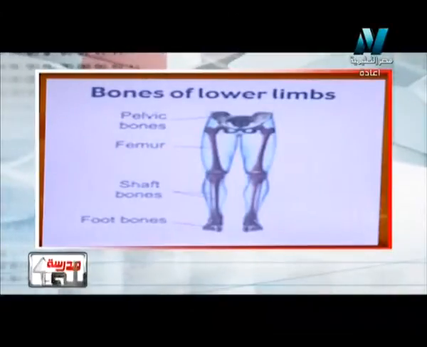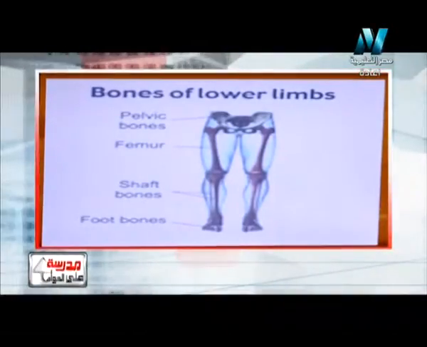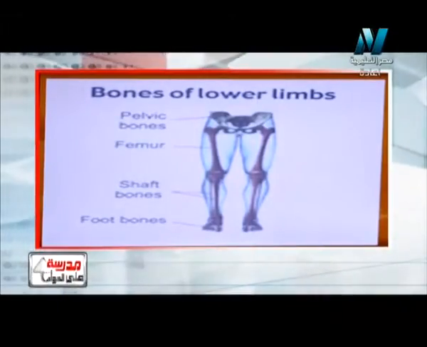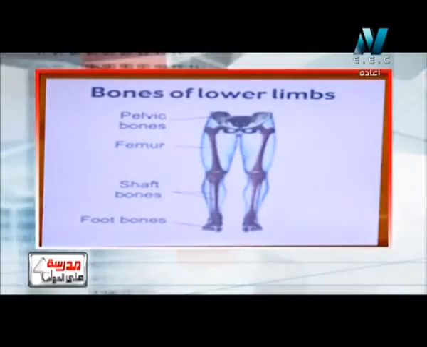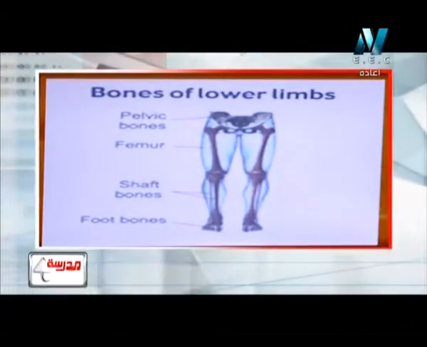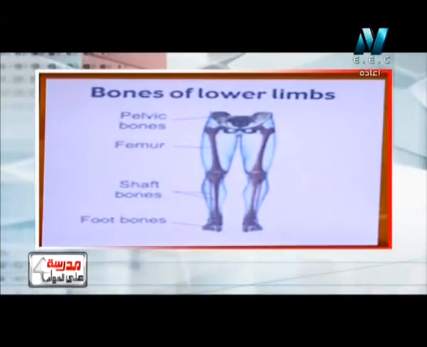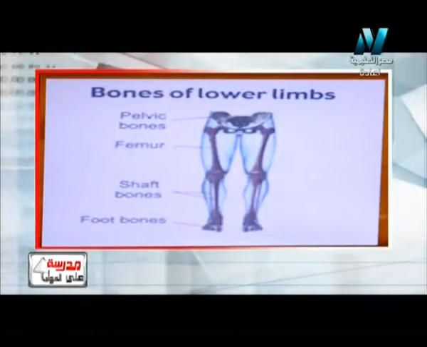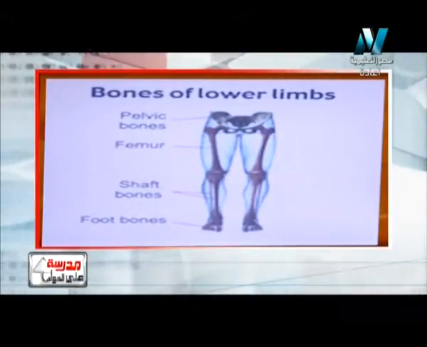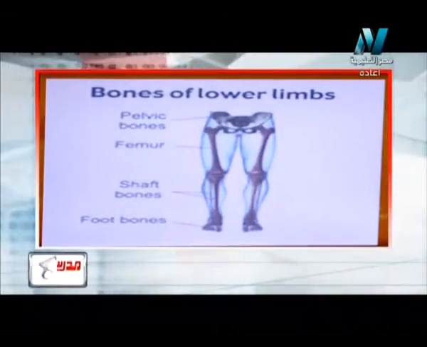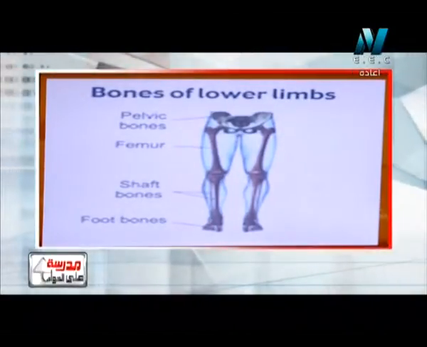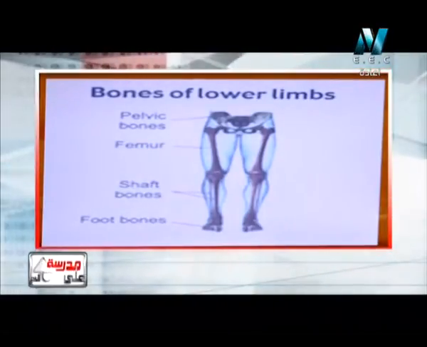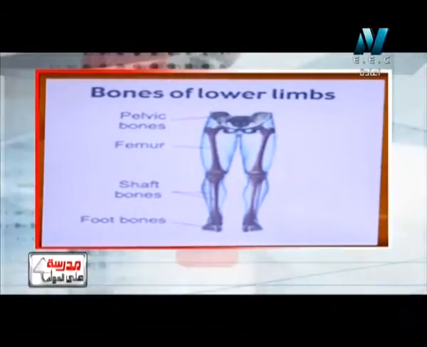Okay, so I have a very important picture, another picture for the lower limb. Look here, Mr. Yasser. The lower limb contains three main parts of bones. First, the femur, this part at the upper part. Shaft bone, there are two bones also like the forearm bone. هنا في عظمتين زي بالظبط forearm bone to rotate or to make your legs rotate around yourself. And at last the foot bone. So again, the bones of the lower limb contain three main parts, which are femur, shaft bones, and at last foot bone.